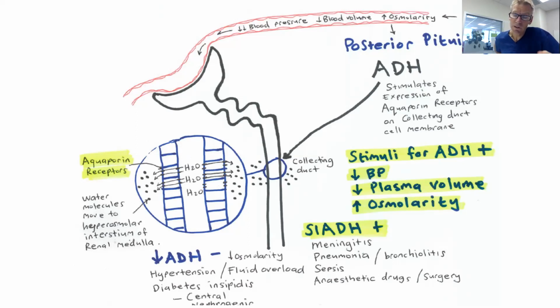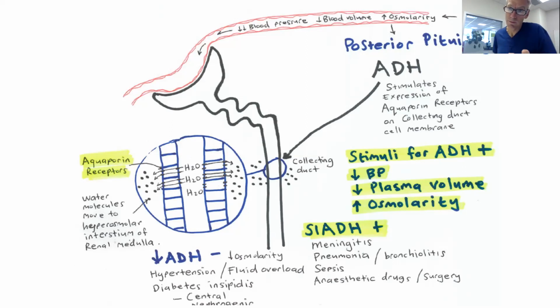There's a variety of different stimuli that will cause the posterior pituitary to put out more antidiuretic hormone, and that can lead to this so-called syndrome of inappropriate ADH secretion, which can lead to hyponatraemia,